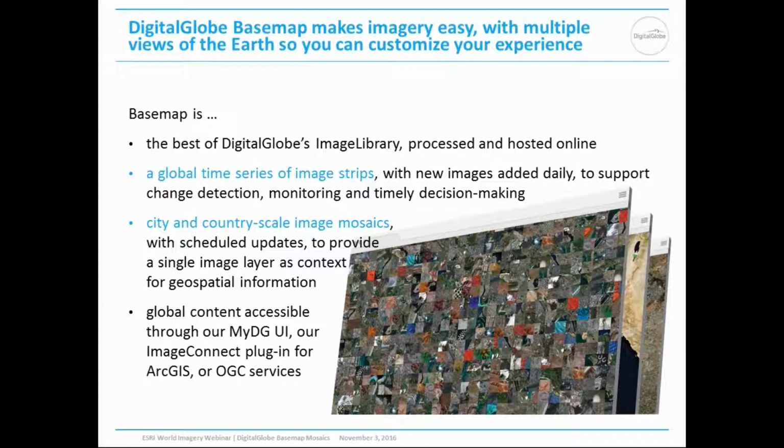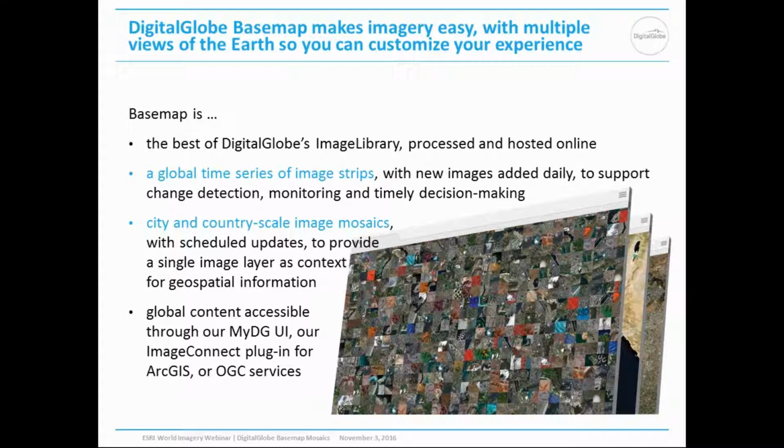anywhere in the world. Over 1 million square kilometers of the daily collections are processed and automatically loaded to the DigitalGlobe cloud, making them available to Basemap customers within days. This time series of images from 2000 up through today supports a variety of use cases, from change detection to site monitoring. For users looking for a single image layer for analytics or as a base map to add context